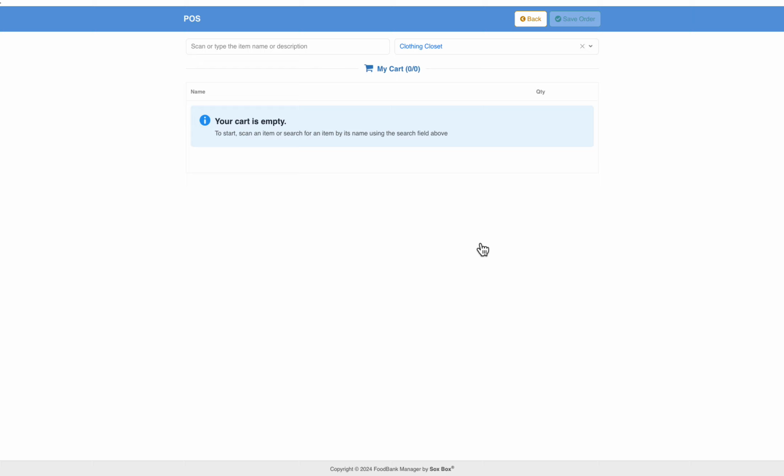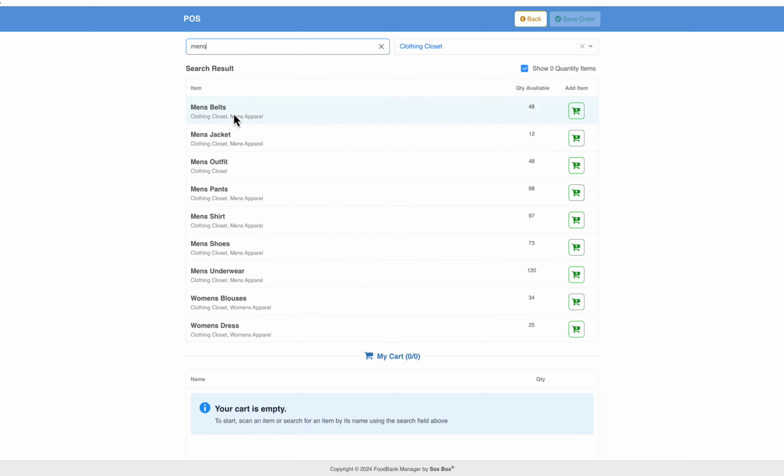Now this is a good opportunity to show you another option: we do have packages. A package is something that makes it very easy to check out multiple items at one time by choosing one package that is made up of those multiple items. So instead of checking out a belt, shoes, slacks, and a shirt for a man, what we could just do is go up here and type in, well in this case we'll just do men's,